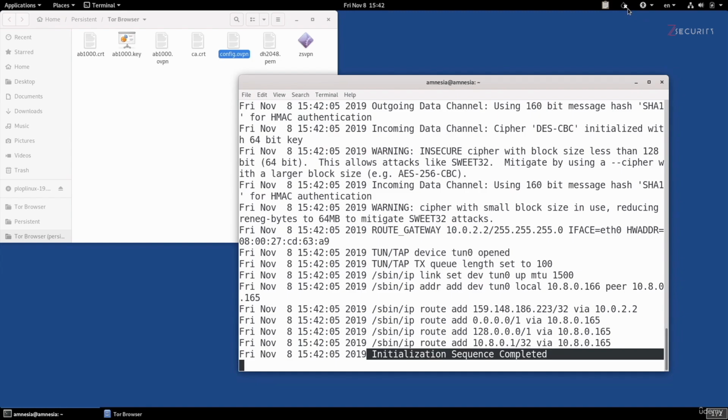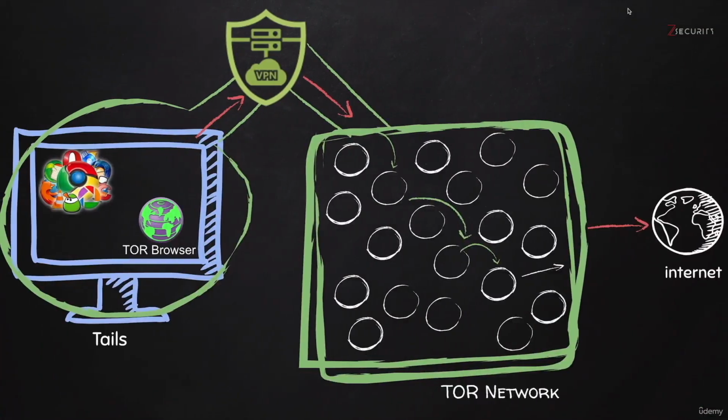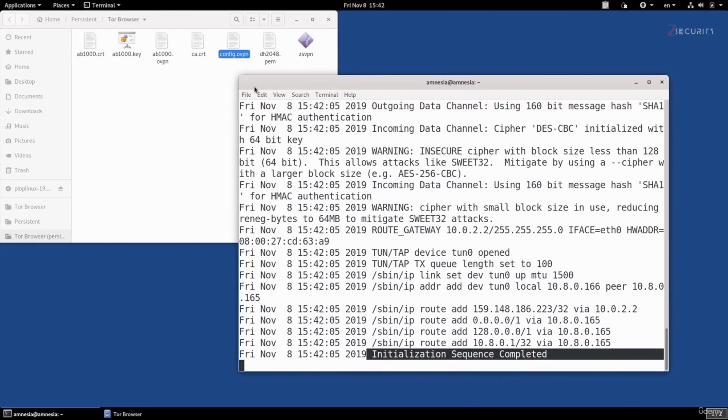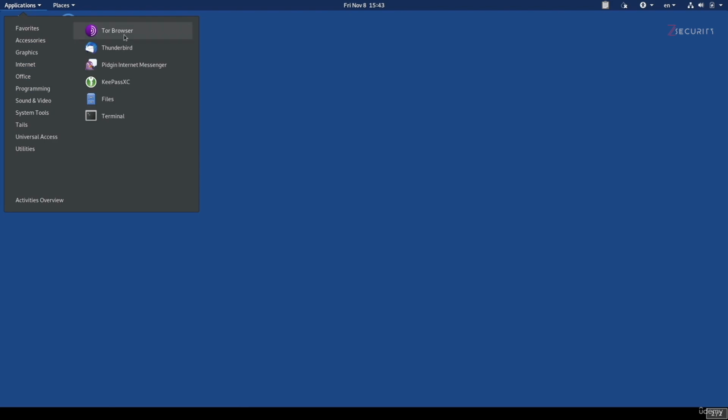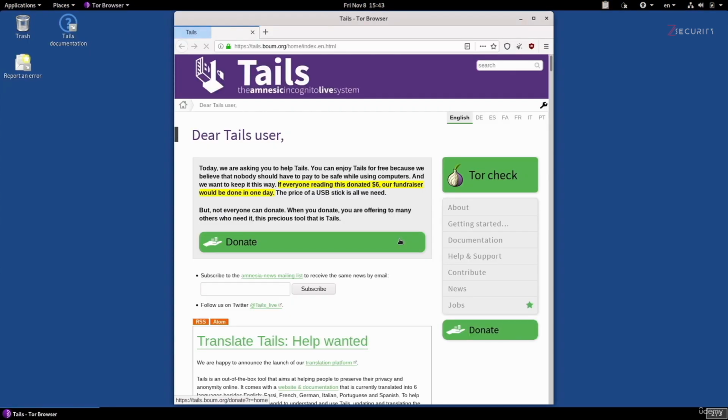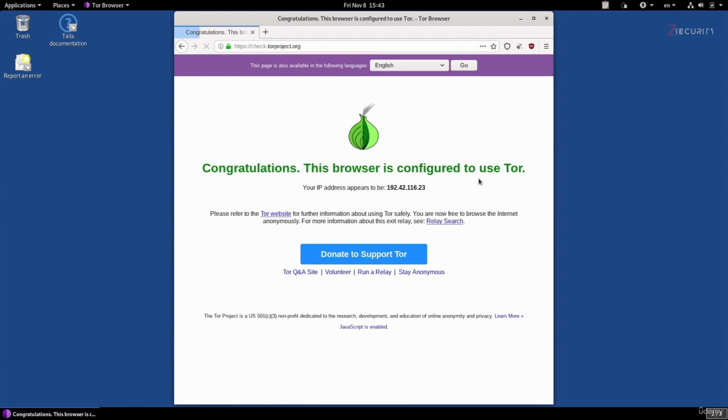You're seeing that because right now the traffic is forced to go through the VPN server, like I said, and that's why the system thinks that it's not connected, but it is actually connected to the VPN server. To confirm this, I'm going to go and run my Tor browser. And I'm just going to go to check.torproject.org. And perfect. As you can see, it's telling us that my browser right now is configured to use the